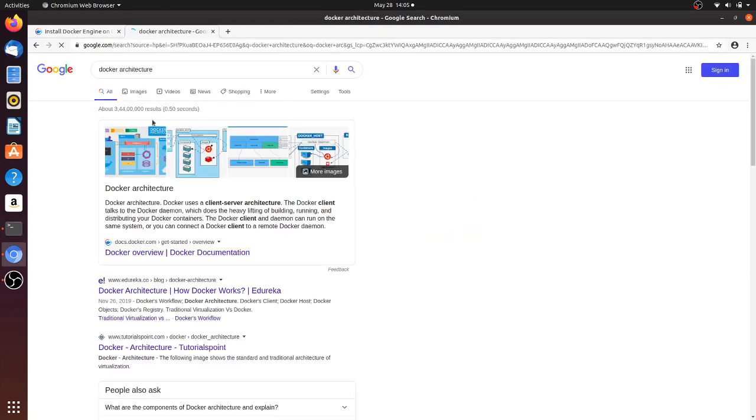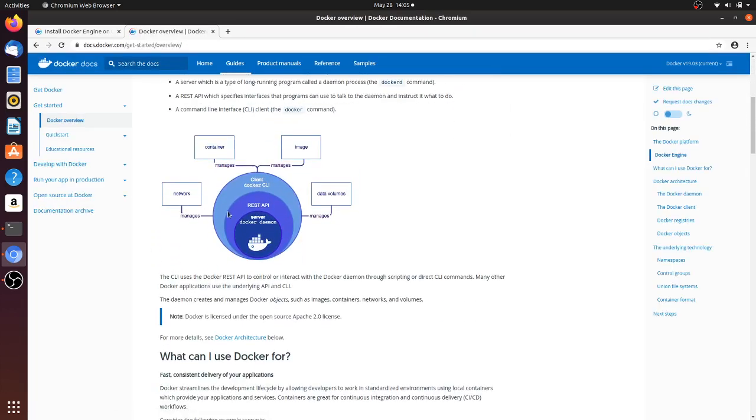This is the Docker architecture. I always go by the Docker website documentation. After I do this installation, I will get the server, which is the Docker daemon, the very core part of Docker, and then a REST API, which is bound to the server, and then the Docker client, using which we will run many commands like run, images, volume, swarm, everything with this Docker client only, which will interact with the server and give you the result.